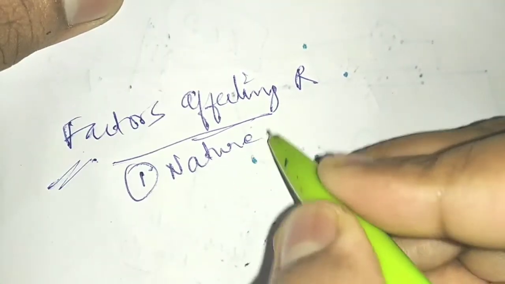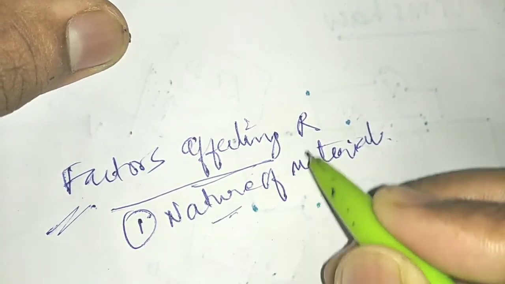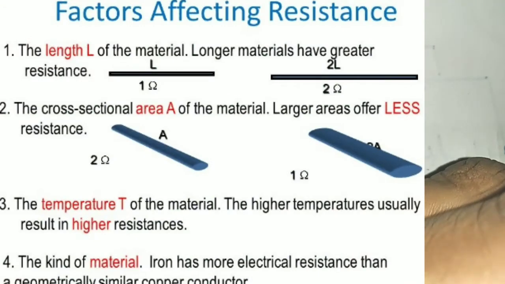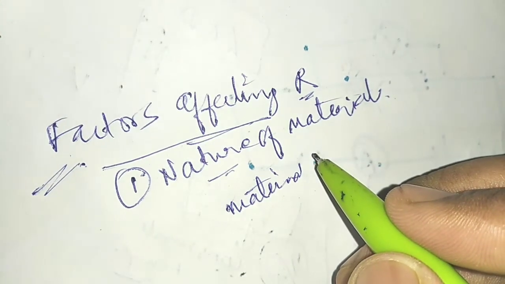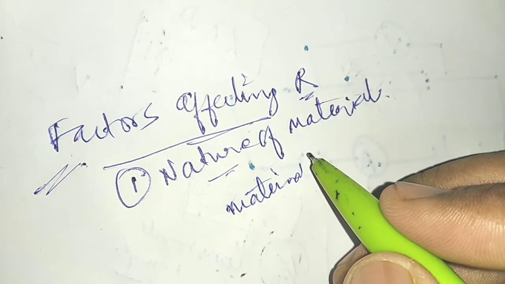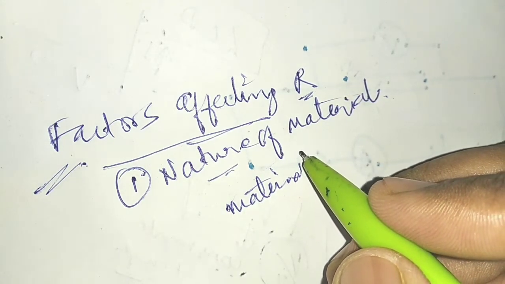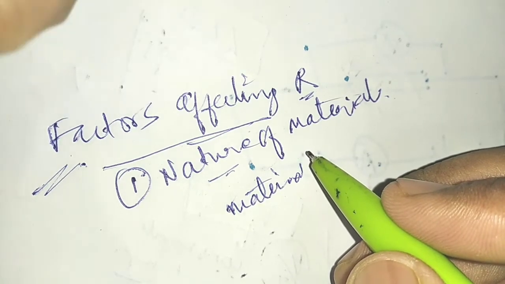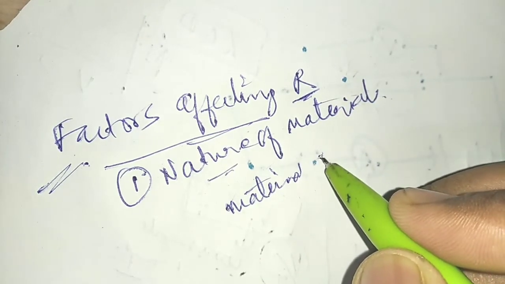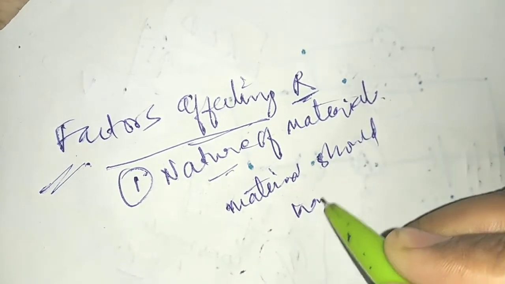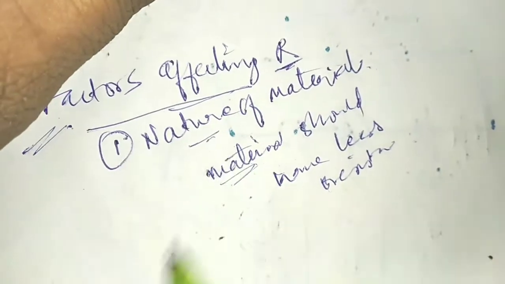First of all, it is the nature of the material. Already I told you different materials will have different kinds of resistance. The materials with less resistance are good for us for the flow of current, because I need to allow the current to flow properly throughout the circuit. Then only my circuit will be running accurately. If I connect a bulb here and the bulb is not glowing properly, or it is taking some time to glow, it is of no use, students. So that means the material should have less resistance. Fine. So resistance depends on the nature of the material.